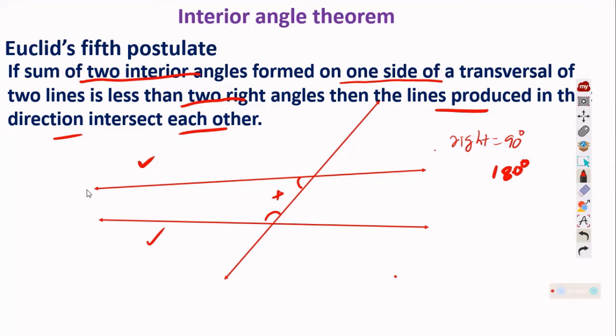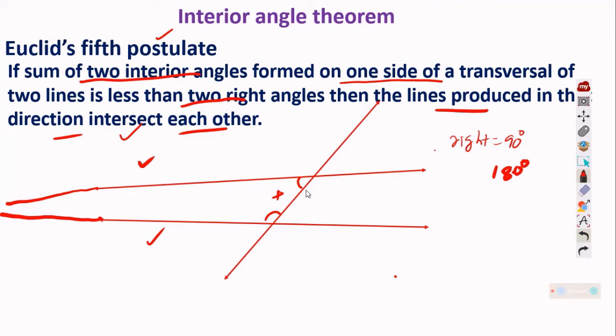So in this case, if their sum is less than 180, the lines on the same side, if produced, meaning if you take them further, I am taking it roughly, guarantee that they will intersect each other. This is the fifth postulate. That means if it is 180, it will not intersect, and then it will be parallel. That time the postulate did not say that, but that is the sense of it. If it is exactly 180, it won't intersect. If it won't intersect, we call those sets of lines parallel lines.